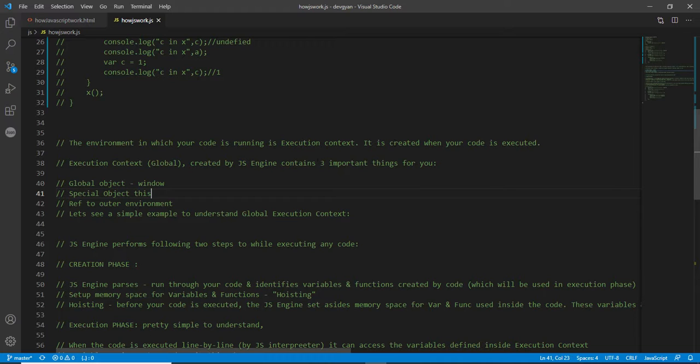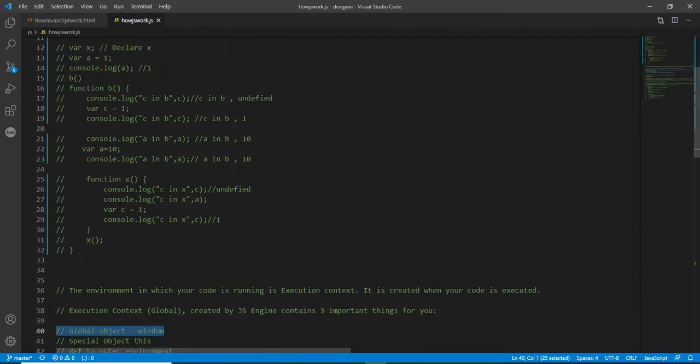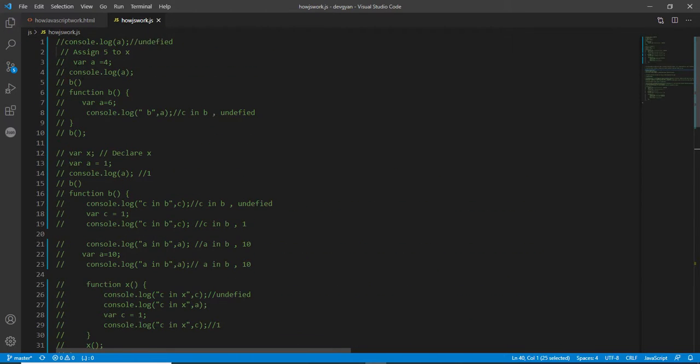And how many types of execution context are available? You can say a global execution context or a functional execution context. These are the two major types of execution context. Now what is the global execution context? Global execution context is what executes globally. It means that for example this code, line by line code execution will start and many things will happen.